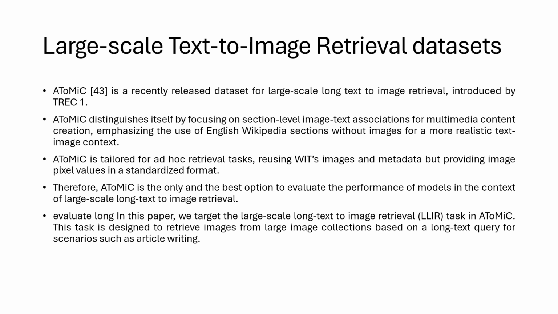And large-scale text-to-image retrieval datasets. AToMiC is a recently released dataset for large-scale long text-to-image retrieval introduced by TREC Track 1. AToMiC distinguishes itself by focusing on section-level image-text association for multimedia content creation, emphasizing the use of English Wikipedia sections without images for a more realistic text-image context. AToMiC is tailored for ad hoc retrieval tasks, reusing Wikipedia image and metadata but providing image pixel values in a standardized format. Therefore, AToMiC is the only and best option to evaluate the performance of models in the context of large-scale